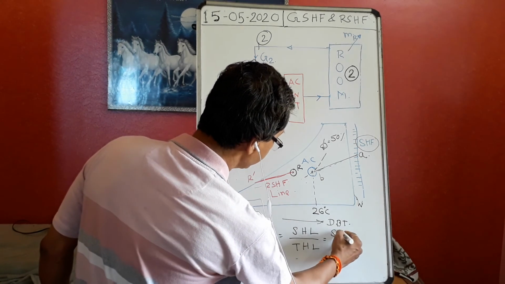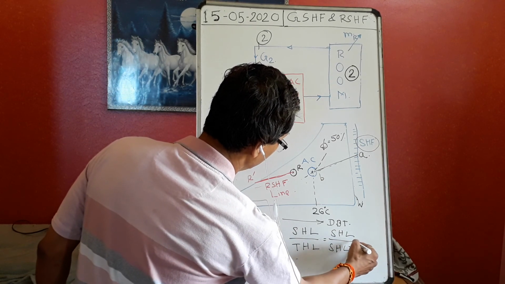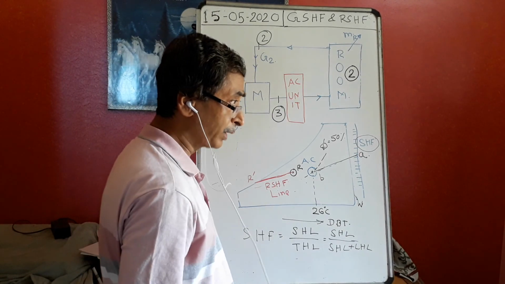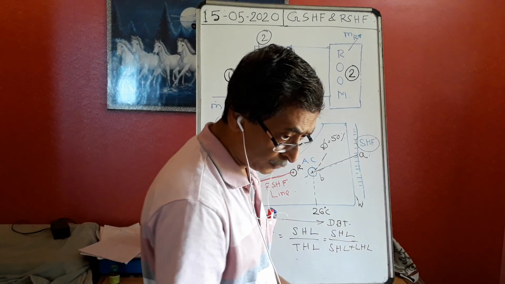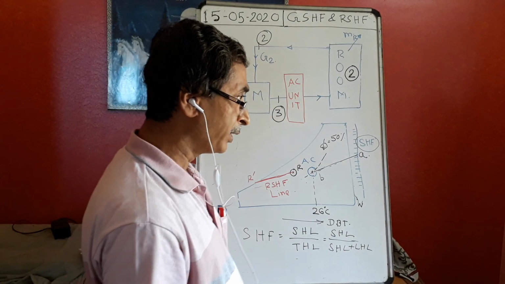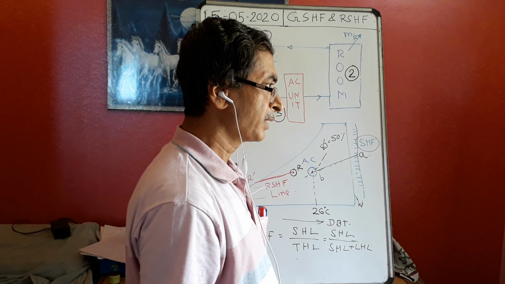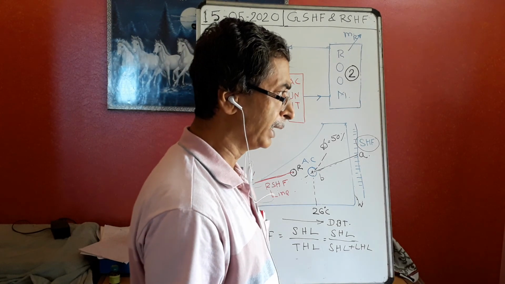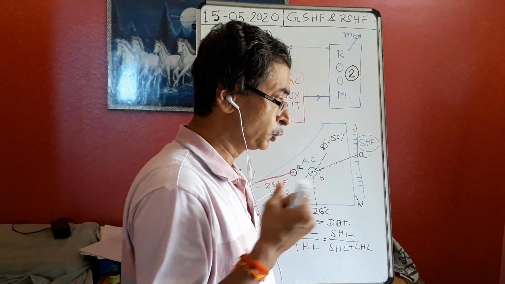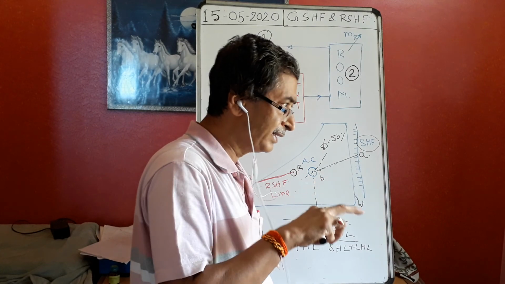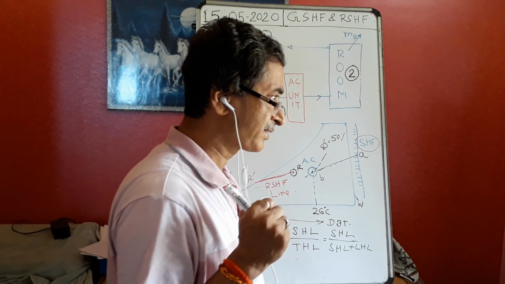What is the total heat load? Sensible heat load plus latent heat load. So this is the sensible heat factor. Why is this important? Because if I want to design an auditorium where 200 people will come, and there are some machineries also there, and we establish an air conditioning system in that auditorium, then while the cold air is coming inside the auditorium, it will pick up heat. That picking up of heat is in the form of sensible heat as well as latent heat, latent heat from perspiration of all the guests there.